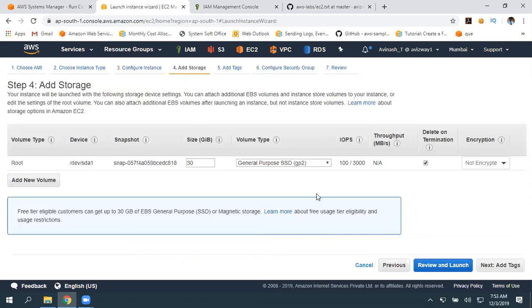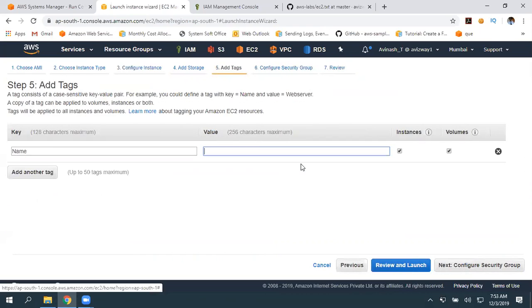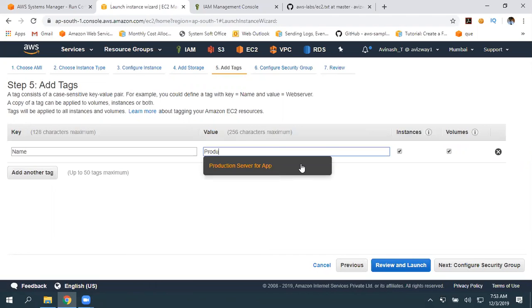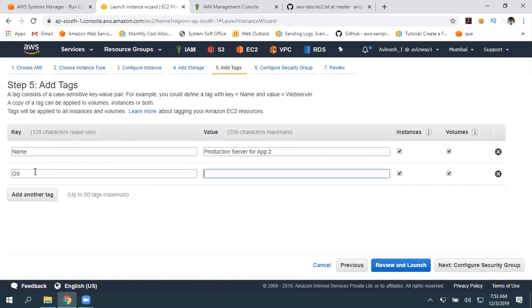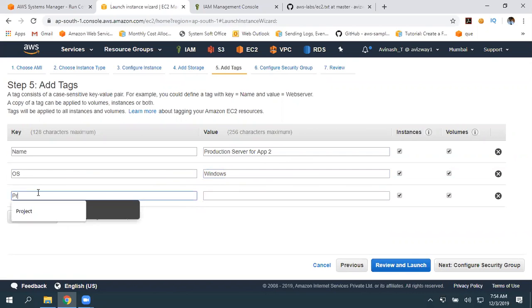Then click on next, storage 30 gigs, tags. So for this one, you can call it production server for application 2, or you can give any name. And what is the OS? The OS is the Windows operating system. Then for what project are you using this?